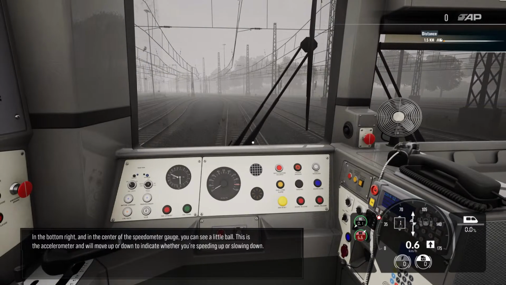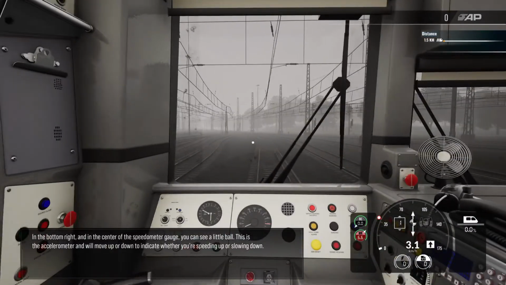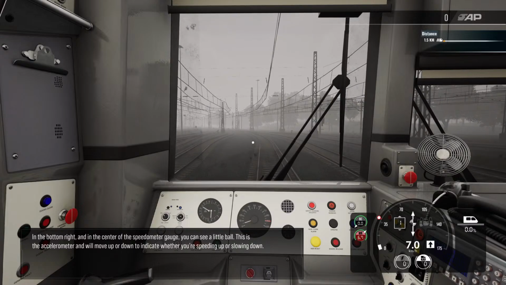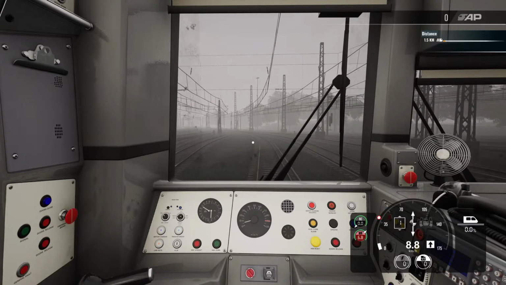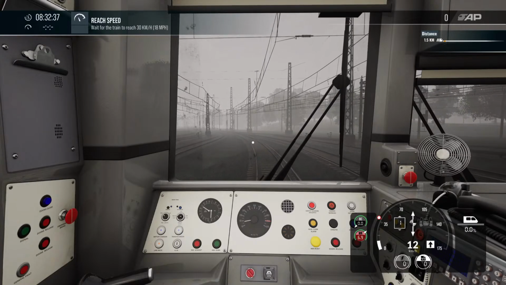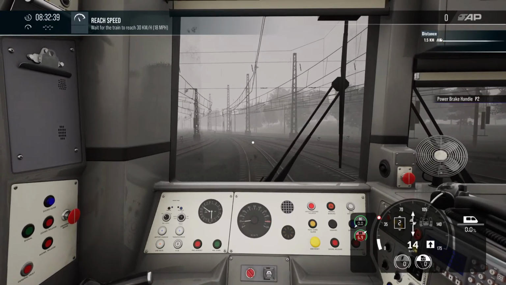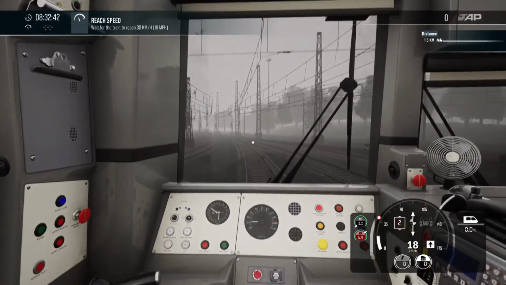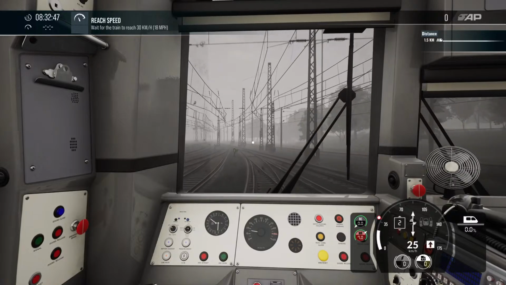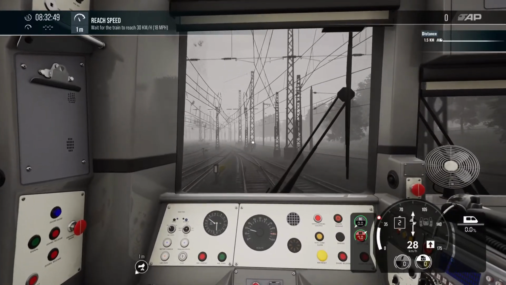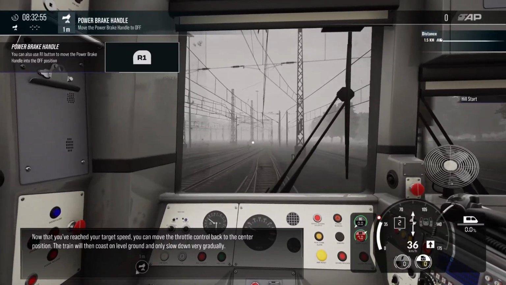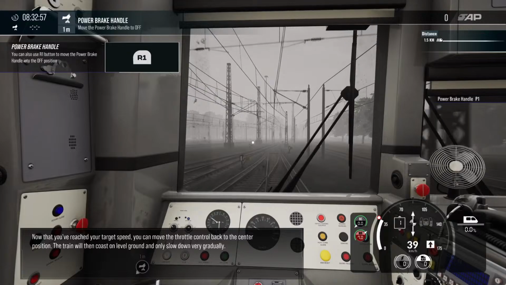In the bottom right and in the center of the speedometer gauge, you can see a little ball. This is the accelerometer and will move up or down to indicate whether you're speeding up or slowing down. Now that you've reached your target speed, you can move the throttle control back to the center position. The train will then